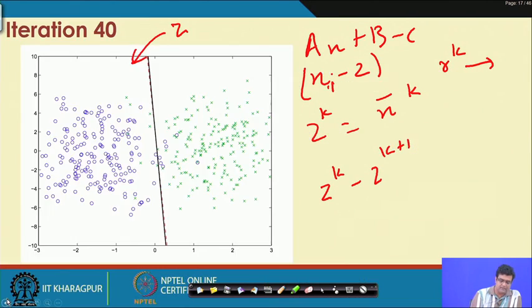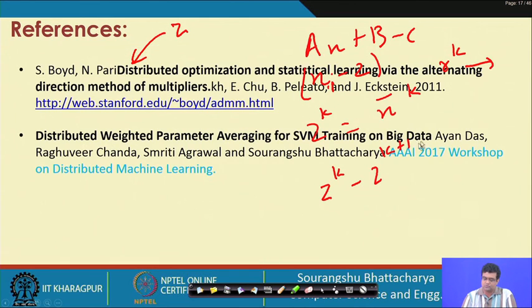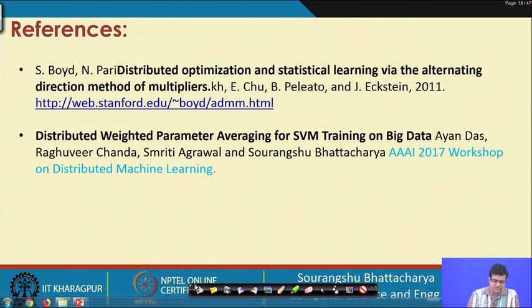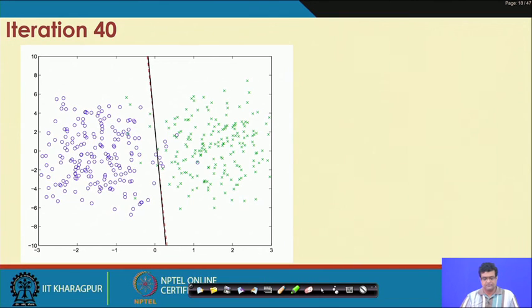All the hyperplanes have converged to the black line, and the black line between two successive iterations has also become the same. So both the residuals have become 0 or very close to 0 at iteration 40. This is how the algorithm progresses.